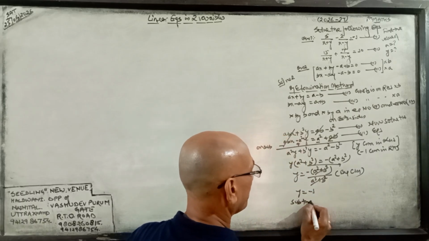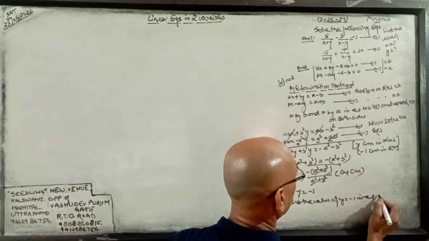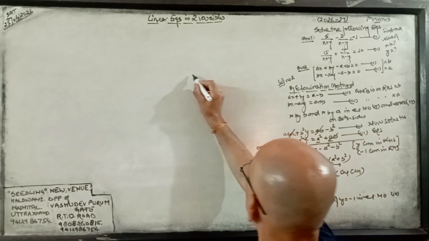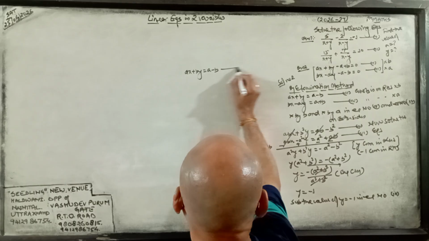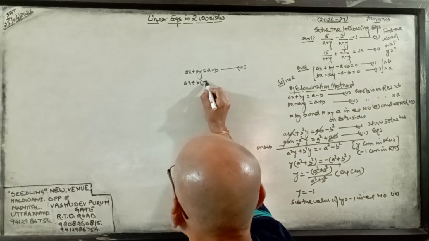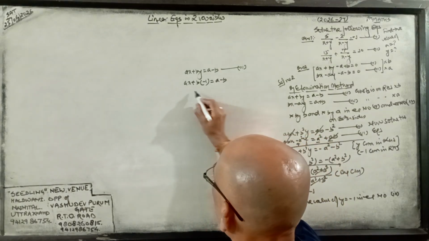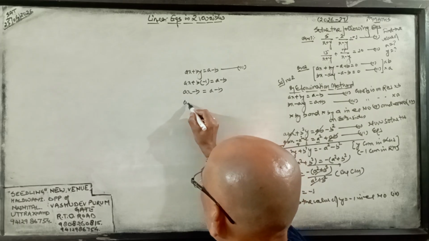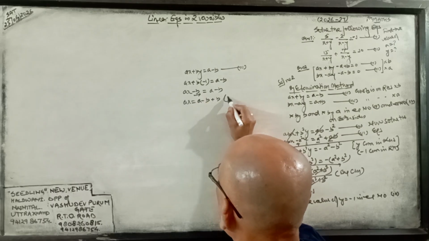Substitute the value of y equal to minus 1 in equation number 3. ax plus by equal to a minus b. Now ax plus b into y की वैल्यू देखो -1, equal to a minus b. ax minus b equal to a minus b. ax is equal to a minus b, and it will go on the other side. So its sign will be changed.